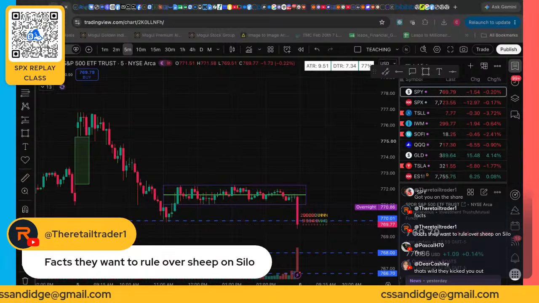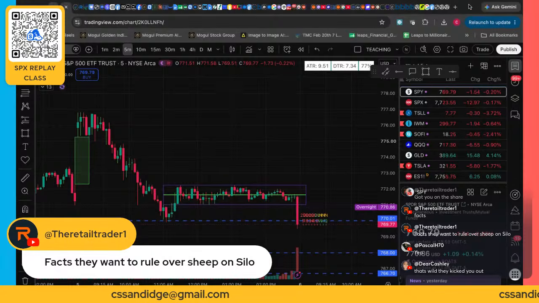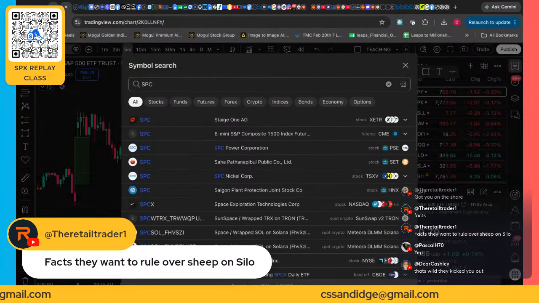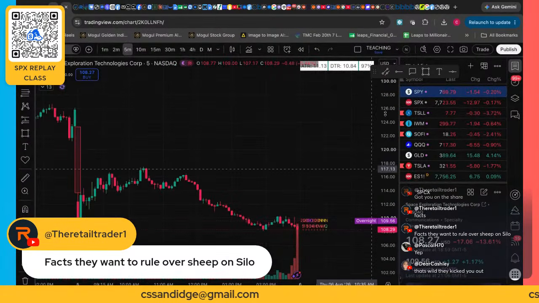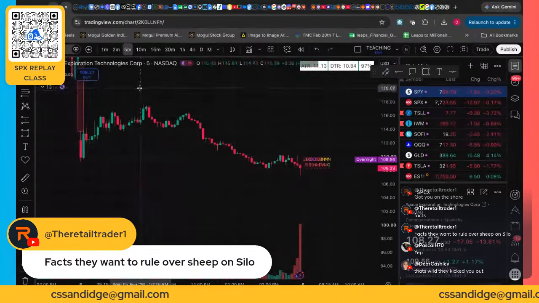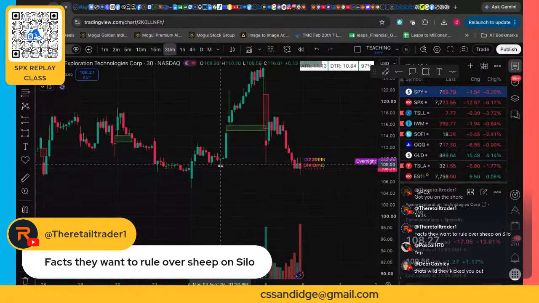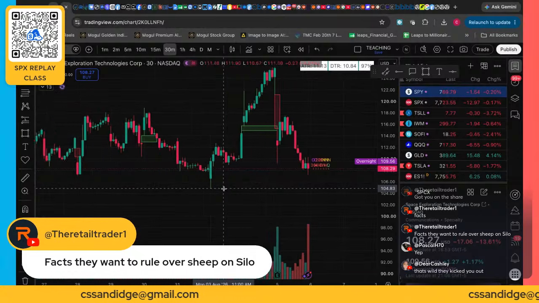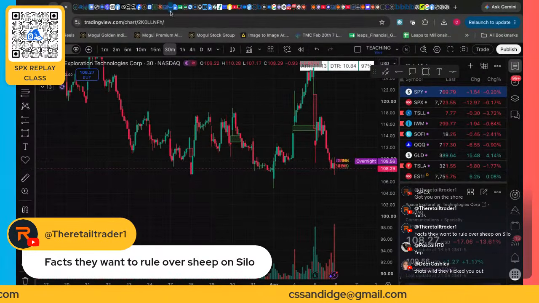But y'all want to be excited. Y'all want to go with the Nvidias. Y'all want to go with the hype of SpaceX. Let me show y'all SpaceX because y'all love Musk. Let me show y'all what SpaceX is doing. I didn't even pull up the option chain, but once this thing breaks that, you see the neck where it's gonna break. Once we break 104, it's gonna get nasty. So let's go look at the option chain.